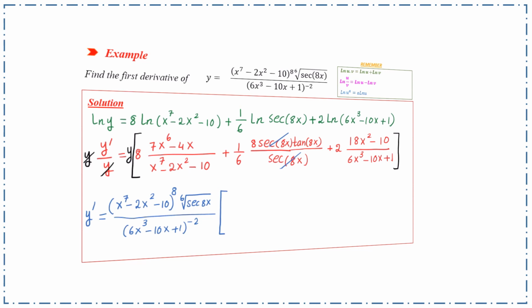Now we have 8 here, so you can multiply 8 times 7 equals 56x to the power 6 minus 8 times 4, 32x, divided by the denominator, which is x to the power 7 minus 2x squared minus 10. Then you have plus. You can simplify and divide 8 and 6 by 2. You will get 4 and 3. So the answer will be 4 tan 8x